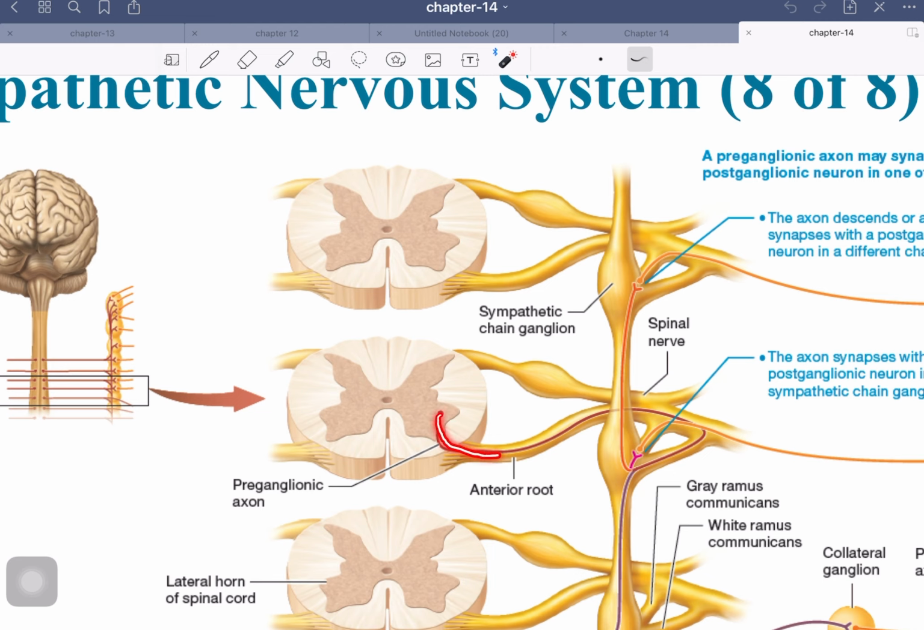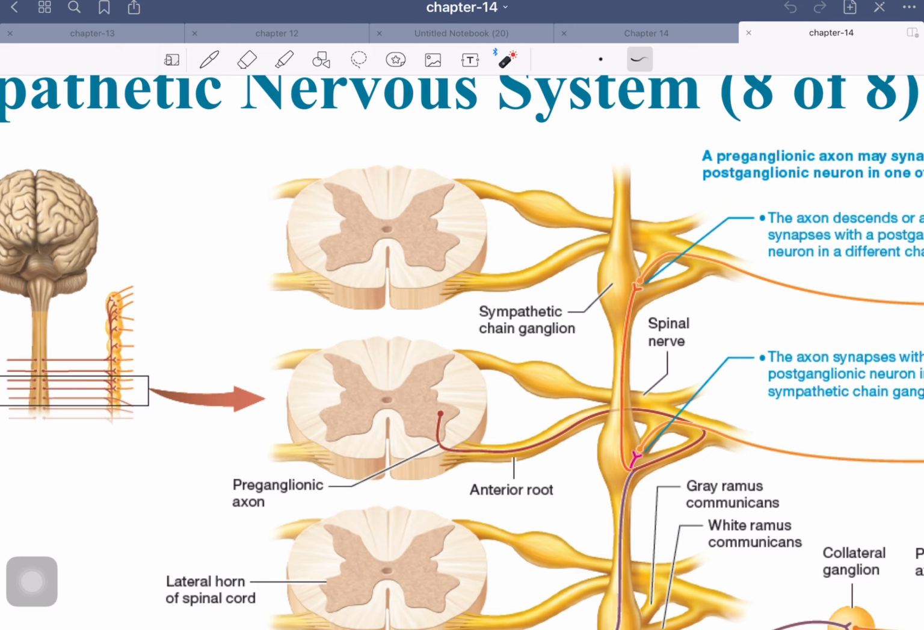sympathetic fibers starting off in the lateral horn. That's where their cell bodies are. And remember, these are the preganglionic fibers. They travel in the anterior root with the other types of motor information. They join the spinal nerve, which of course is a mixed nerve at this point because it carries both motor and sensory. And then the sympathetic fibers exit quite quickly from the spinal nerve to enter the ganglia, the chain